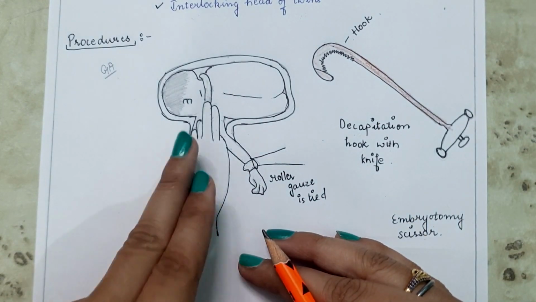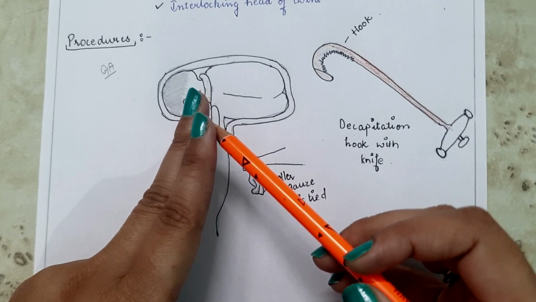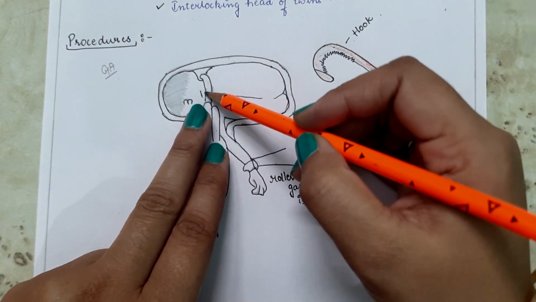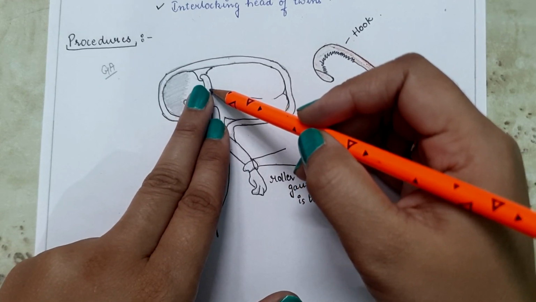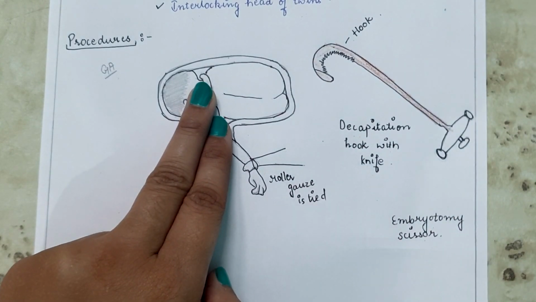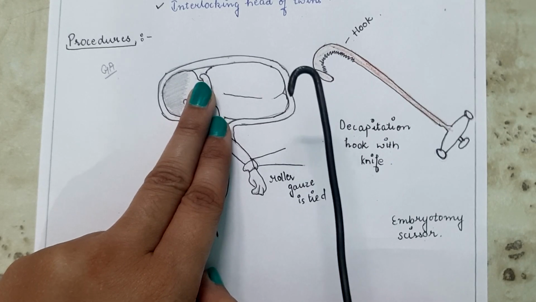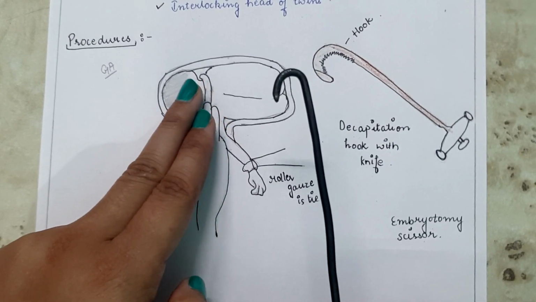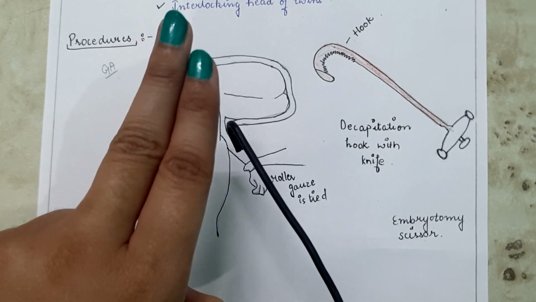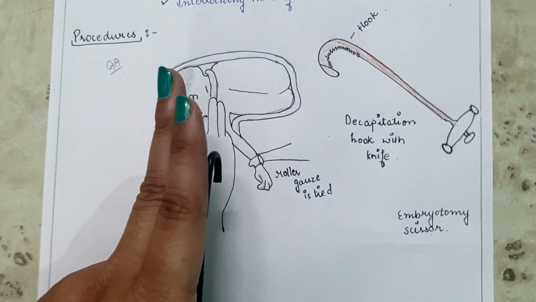Then introduce two fingers into the vagina, that is the index finger and the middle finger of the left hand, and the tip of the finger should be placed over the superior side of the neck, which is the proposed site for decapitation. Then the decapitation hook is introduced. Let's assume this as a decapitation hook. The palmar side of the hand should be downward, and then introduce the decapitation hook